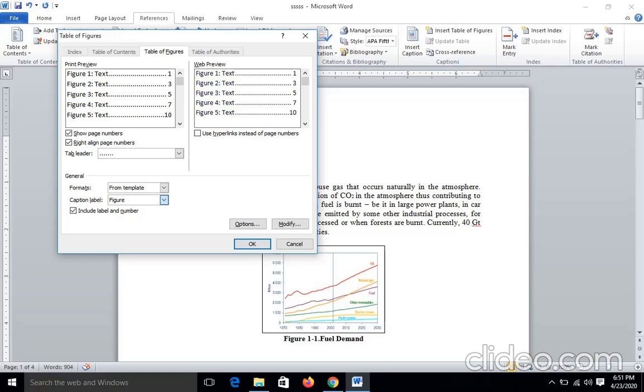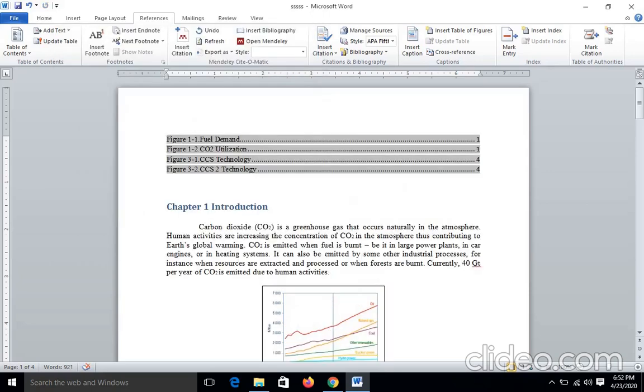Okay. So you can see the template formats are in table, figure and equation. So you can say okay finally. So what you can see, you can have 4 figures, which have been named 1-1 fuel demand, 1-2 CO2 utilization, 3-1 CCS technology and 3-2 CCS2 technology.